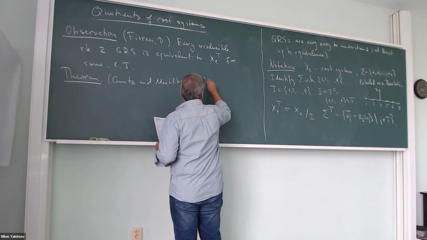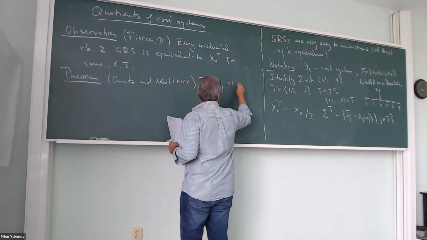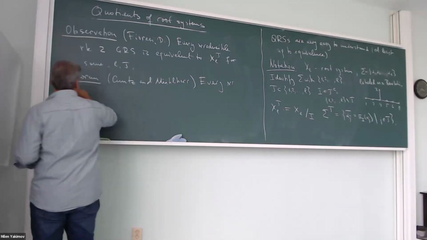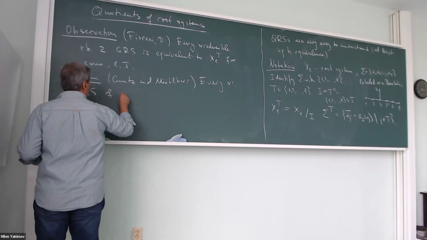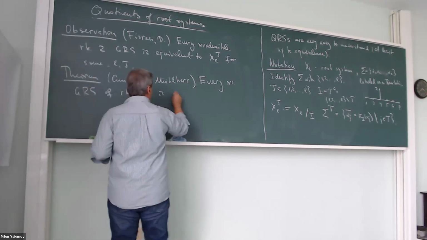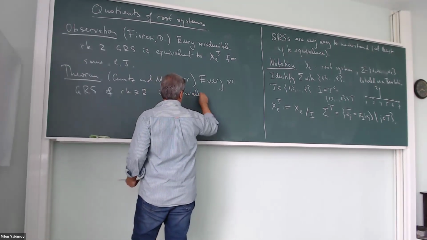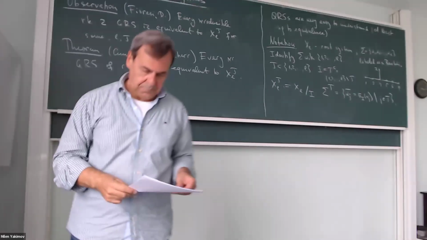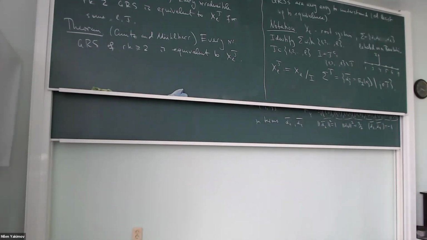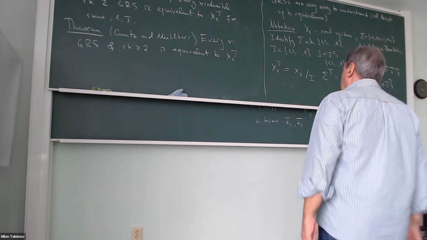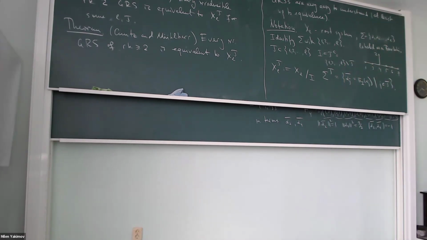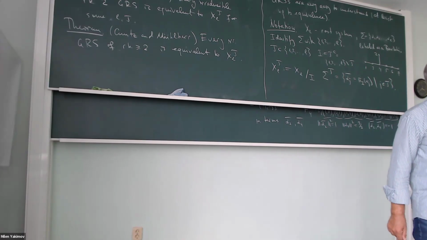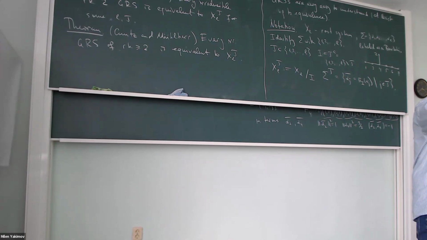so every irreducible generalized root system of rank greater or equal than 2 is equivalent to a quotient of a root system. Did they use something longer maybe? Yes, they use a classification of these value points. And the truth is, the value points you define? Yes, but they have a different definition, which is